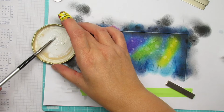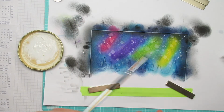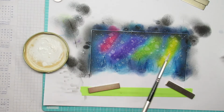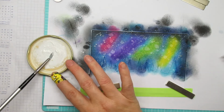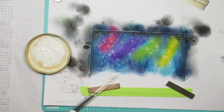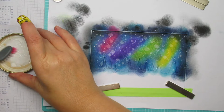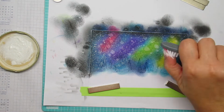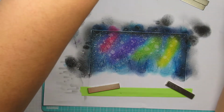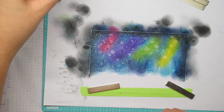So this is my titanium white with a brush, and then I'm also using a toothbrush to get finer stars or snow. You decide. And this is just, I would say old brush, but it's not, because I never used it. But I only use it for crafts. And yeah, you have to clean your thumb, but I just dip it in the paint and then flick my